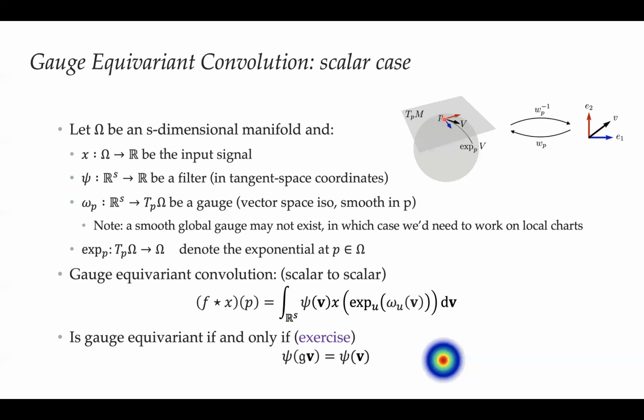So you see this in this diagram. We're at this point p. That's where we want to evaluate our convolution. Here we have a tangent plane at p. We have our tangent vector v, or in coordinates little v, and the exponential map gives us some neighbor in the vicinity of p that we get by shooting a geodesic in this direction for one unit of time.